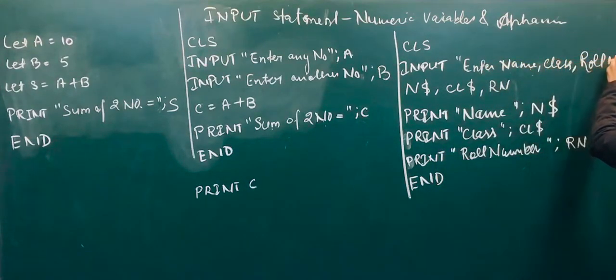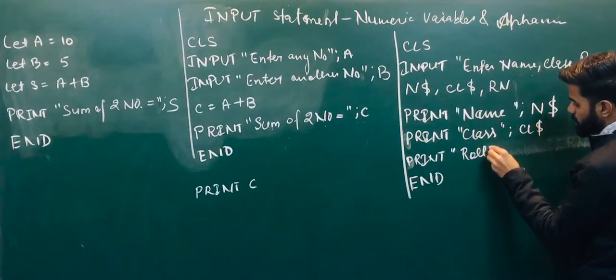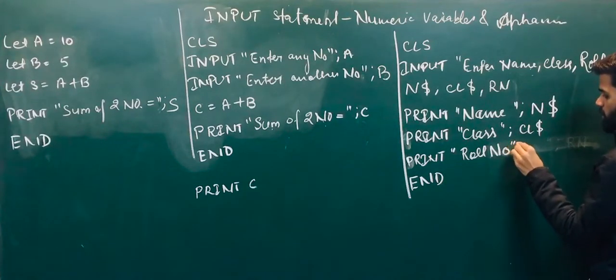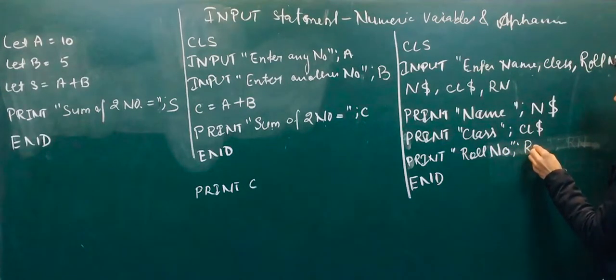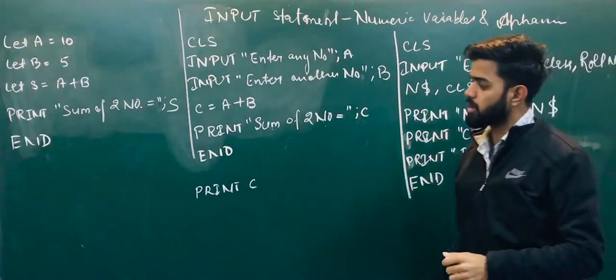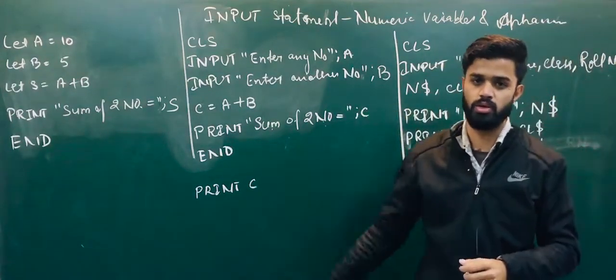Enter name, class, and then roll number. So now whatever name, class, and roll number is there will be stored in variables name, class, and roll number. If you want, because of roll number, you can also write here "roll number". Is it clear? Roll number, and now after this close, and then RN. Clear? Now this one is a way of completing a program in this Unit 4, and now you can complete some more programs with the help of these concepts. Okay class, thank you.